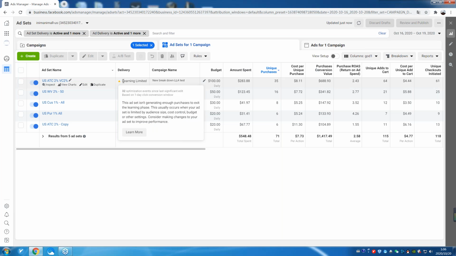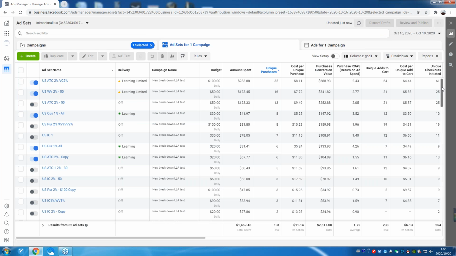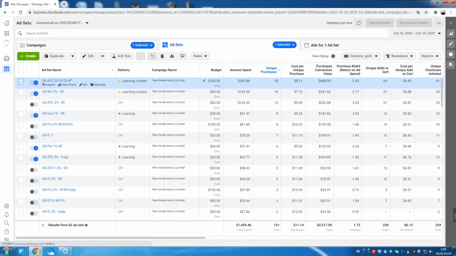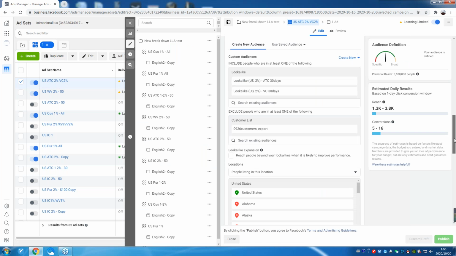Actually, okay, timeout. Go ahead and hit edit and scroll down to the bottom of that ad set. I think I just noticed something that might be preventing you from exiting learning. Oh, what do you want to see? Go ahead and edit the ad set. Edit which one? This one. Yeah, that's correct. Scroll all the way down now.